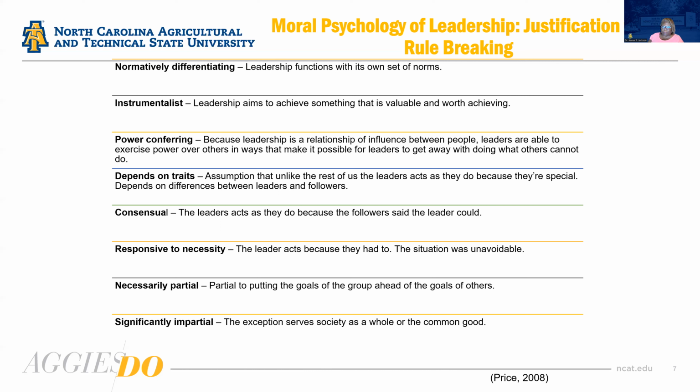Are they special? This is what it depends on traits. The definition of depends on traits: it's the assumption that, unlike the rest of us, the leader acts as they do because they're special. It depends on the differences between leaders and followers. Now, both power conferring and depends on traits kind of fall flat